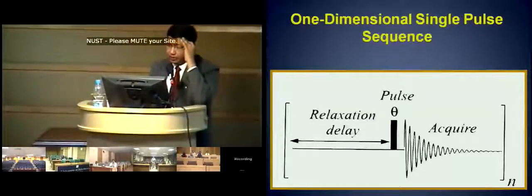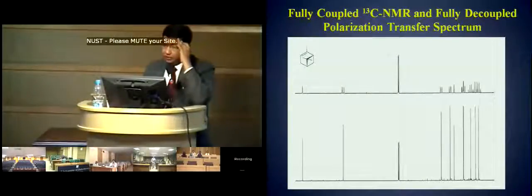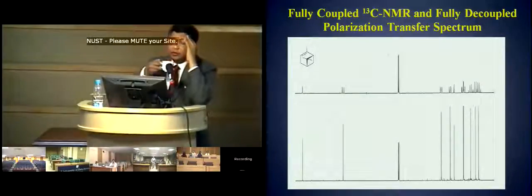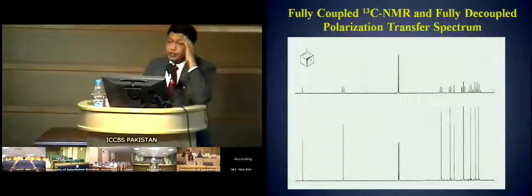Through which you can obtain information about the multiplicity. And remember I told you that even a simple molecule like alpha-pinene, you can have a convoluted, very difficult spectrum. And on the other hand, when you fully decouple them, then you get information about the chemical shift and number of carbons, but at the same time you lose multiplicity information. Okay,